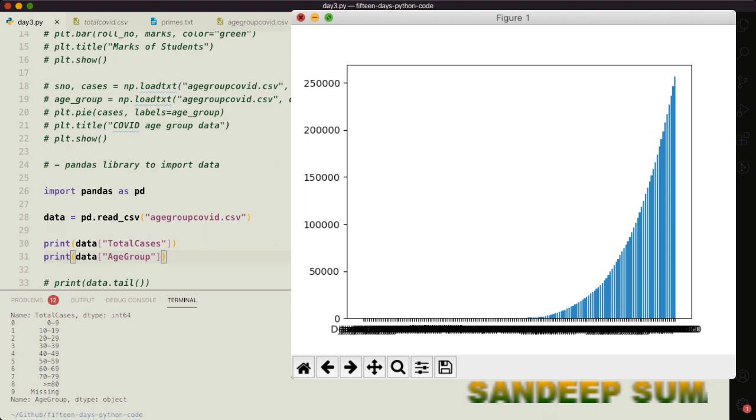Now you can see that accessing the data is so much easy using pandas library. Okay, you can see that to access the same data we have to write this long command.